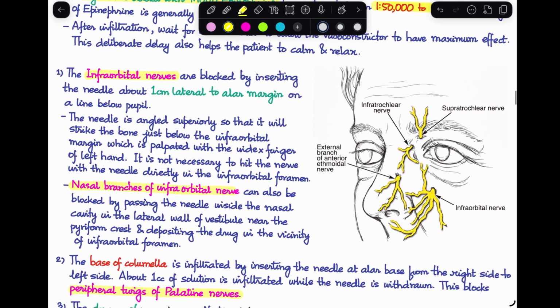Next, let's talk about where are the points that we are going to infiltrate. So let's look at our image over here. This image is giving us a rough idea of what is the external nose nerve supply. So the first nerve that we are going to be blocking is the infraorbital nerve. The infraorbital nerve comes out through the infraorbital foramen. So we are going to block it by inserting the needle about 1 centimeter